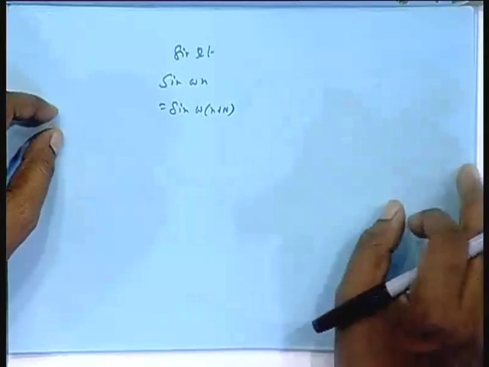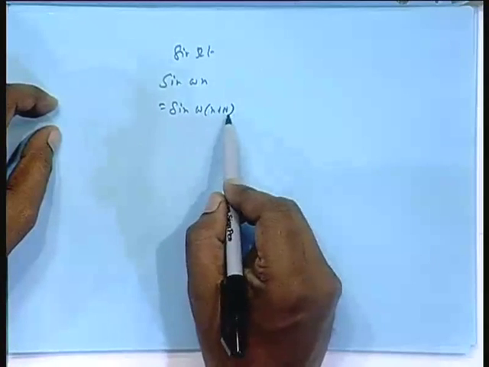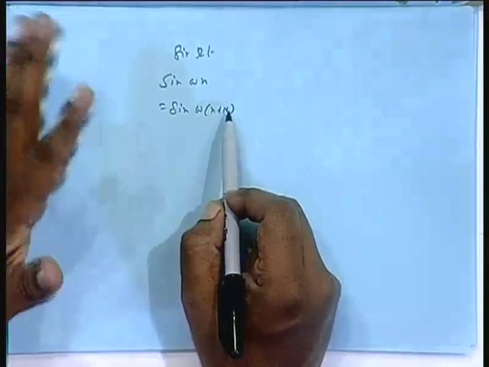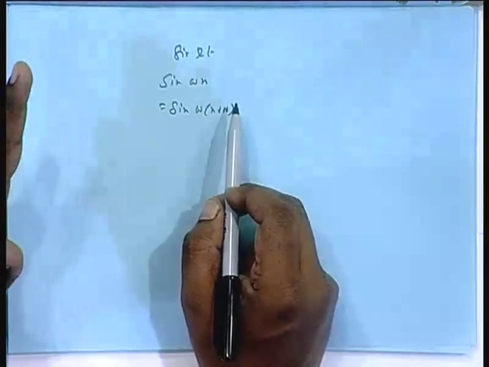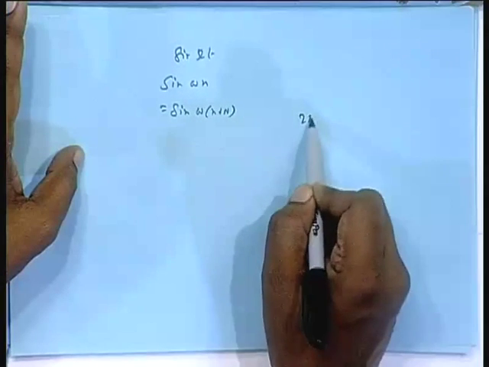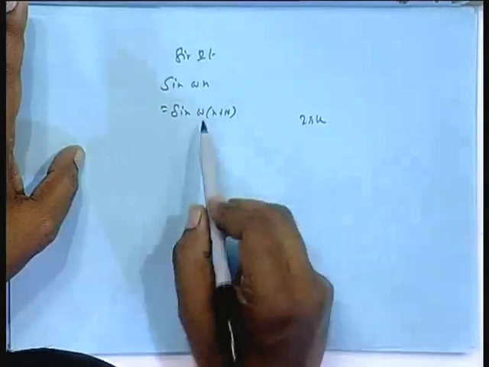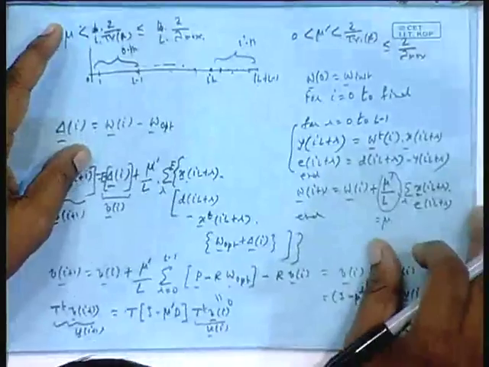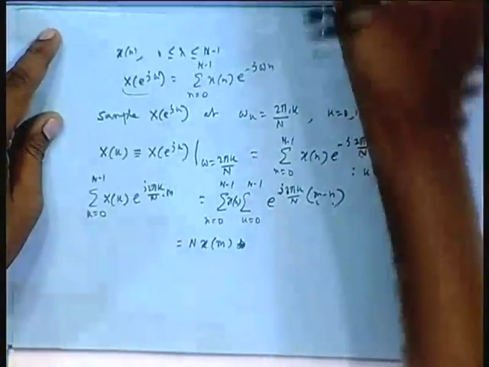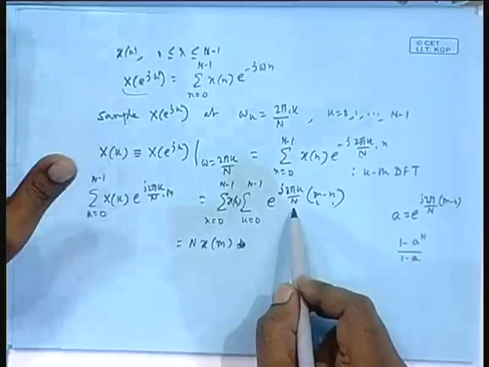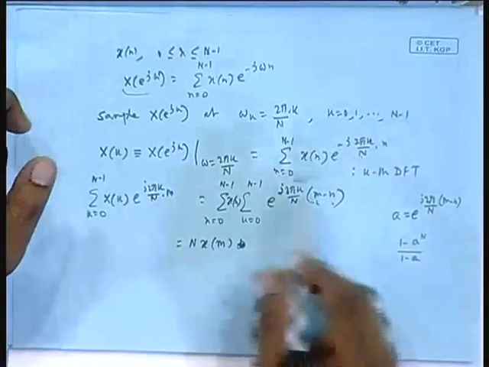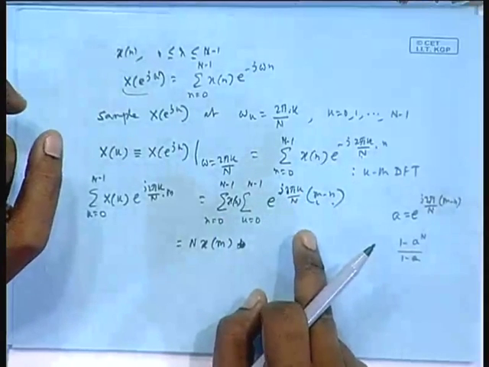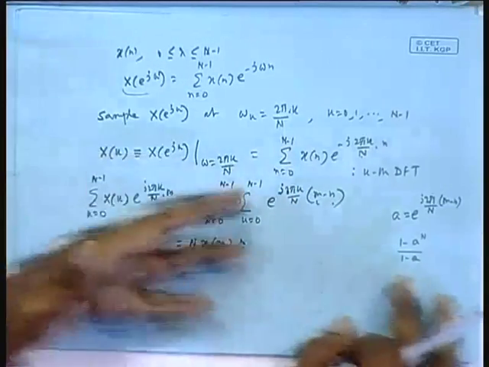Capital N is an integer. So, omega into capital N has to be 2 pi or 4 pi or 6 pi or something, isn't it? Integral multiple of 2 pi. So, omega n should be 2 pi k. That is why omega should be 2 pi k by n, and that is what is coming here. You understand that? Okay. So, that is why this periodic thing comes up, and that is why I made the statement that you will really integrate a full number of periods for this kind of choice. But mathematically you can see it is 0.